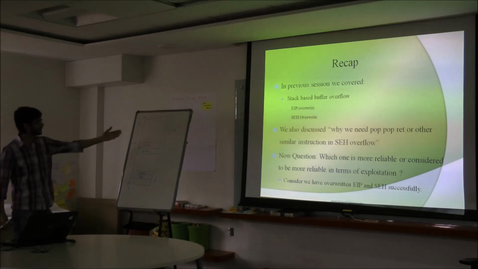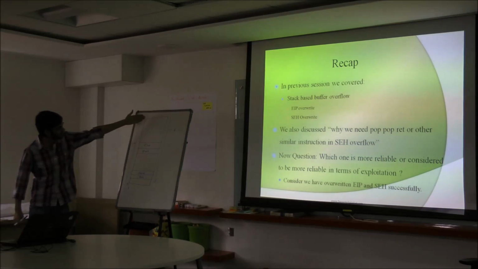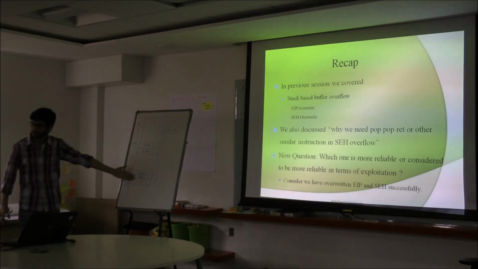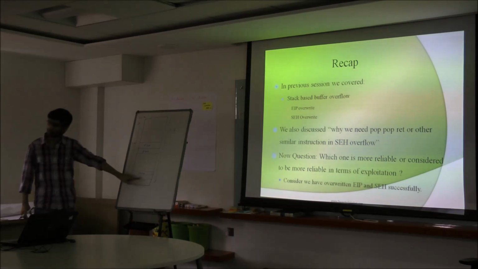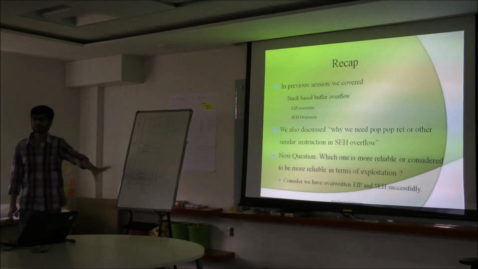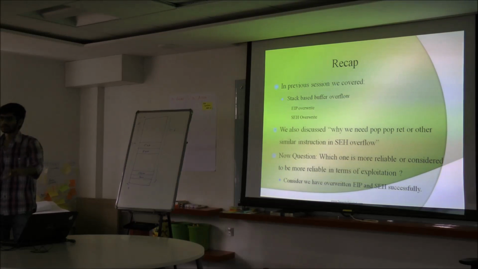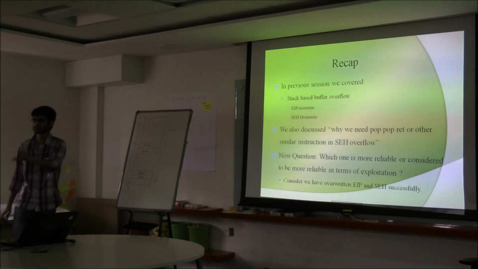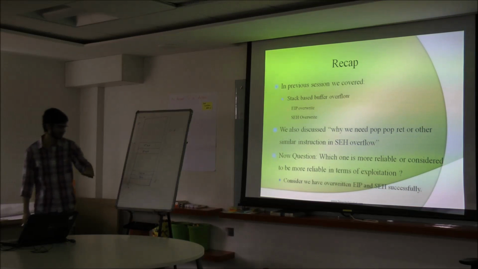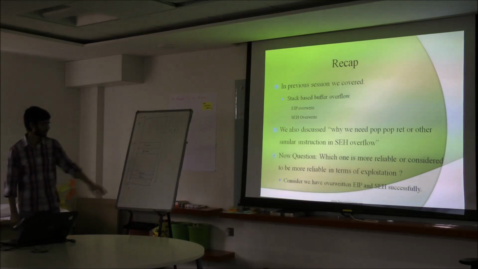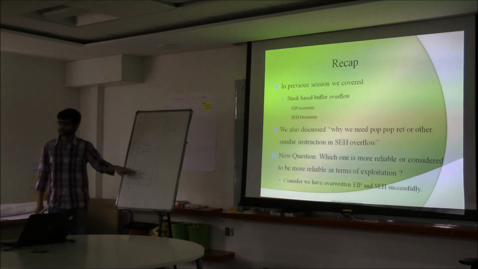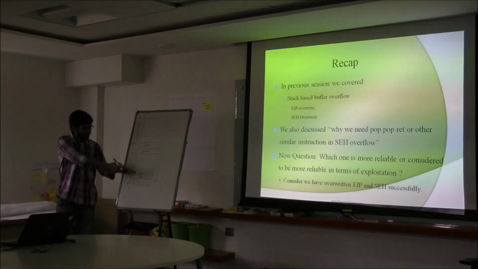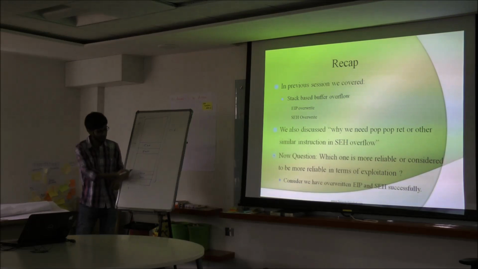In the SEH, I mentioned that instead of going this way, I just overflow along here and overwrite these two things. I will overwrite this SEH with a pop-pop-ret, as I also showed in why we need the pop-pop-ret instruction. Or instead of pop-pop-ret, we can use a similar kind of instruction, but pop-pop-ret is the simpler form. So we overwrite this with that type of address, and then we land on the pointer to the next SEH. And after that, we take a short jump to land here or backward.